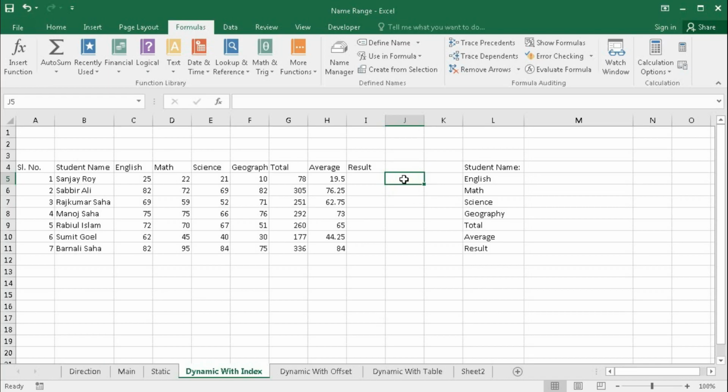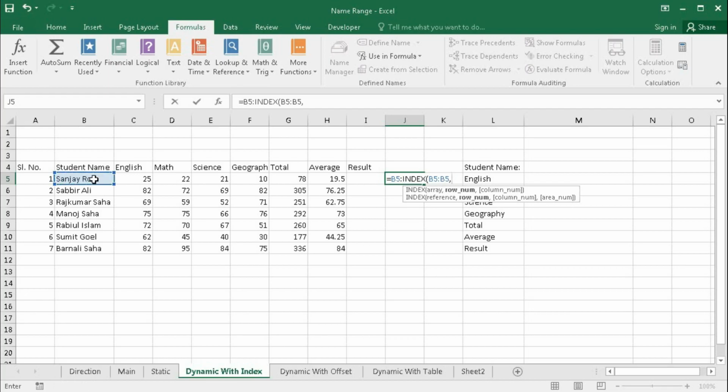Here we will type equal to B5 colon, delete this one, then type INDEX, and now you have to give the array in which you want to create the reference. Here again press colon, B5 to B5, within this array we want to create the range.